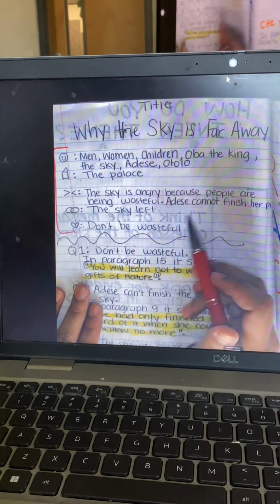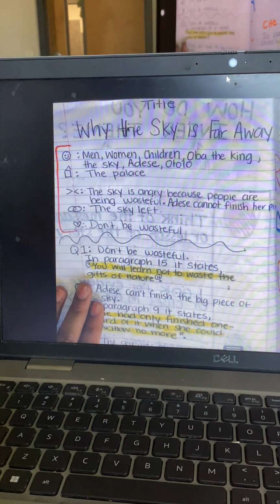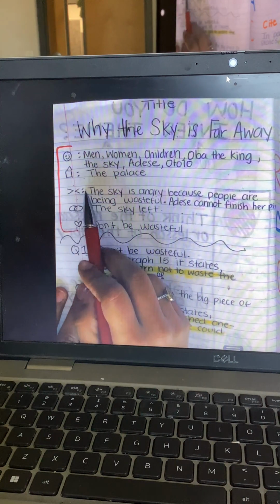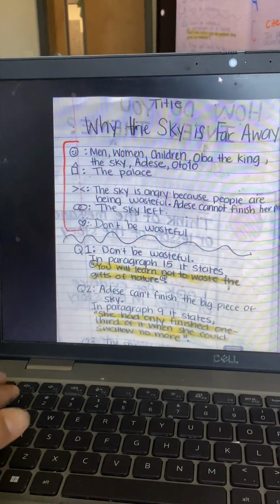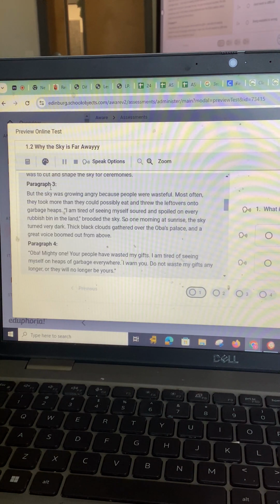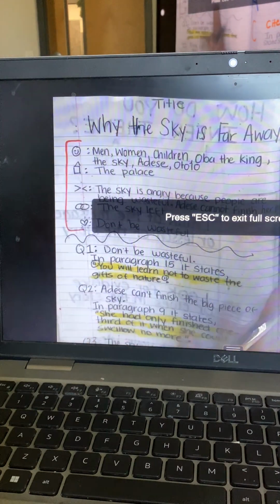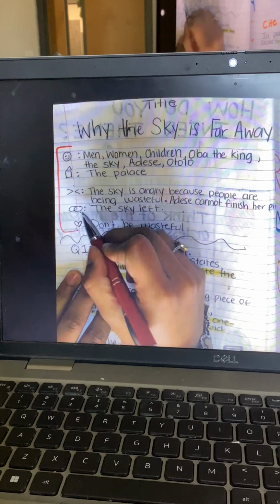So the problem of the story, right, is that the sky is angry. He's telling them, if you keep doing that, I'm going to leave, and you're going to have to figure out how you're going to get food for yourself, because I'm giving you food and you're causing me to be angry. So that's the problem. Now, as they're reading, they're filling this out. They don't fill this out all at once. What's happening is that as they're reading paragraph 1, they're reading paragraph 2, and they stop and they're like, oh, you know what? I found the problem. Let me go back and let me go to my strategies. And so we're going back and forth. We're reading and filling out our strategies at the same time. And so here's the problem. They write it down. Then at the end of the story, once they finish reading it,